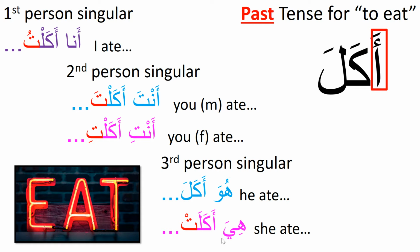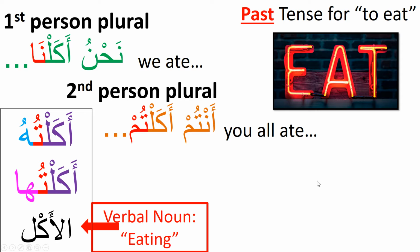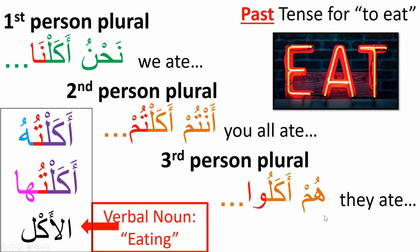Hiya akalat. For we ate, nahnu akalna. For you all ate, antum akaltum. For they ate, hum akalu. If you want to say I ate it and you're referring to a masculine it,